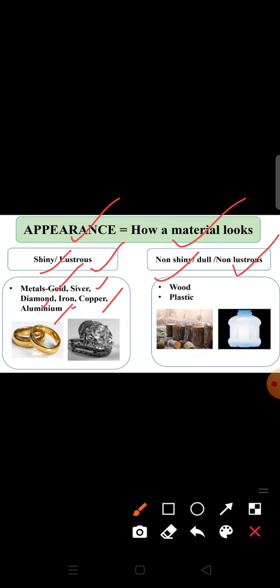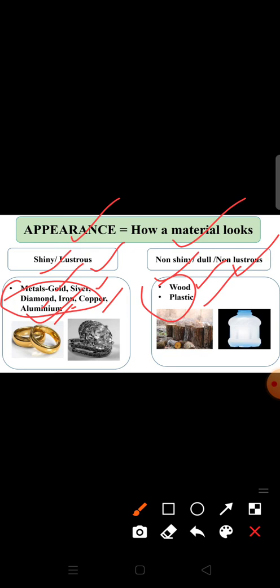Whereas wood and plastic are non-shiny and dull. Most metals are lustrous, which is why they are used to make jewelry like gold, silver and diamond.